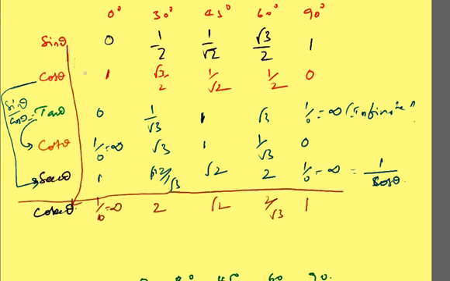From this you can observe that sin theta is nothing but 0, 1 by 2, 1 by root 2, root 3 by 2 and 1. So what you need to remember is simply the values of sin 0, which is nothing but 0, and sin 90, which is nothing but 1. You need to remember this one. And cos 0 is nothing but 1. So for everything you need to remember the 0 values and 90 values. Cos 90 is nothing but 0.